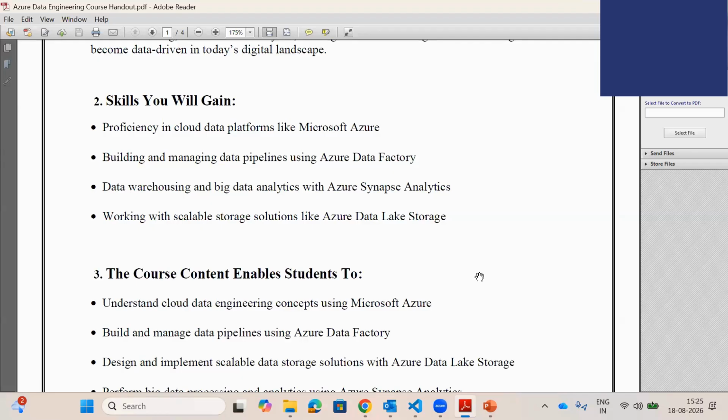So when I say data warehouse in Azure, we have Azure Synapse Analytics, which actually includes the ETL process, the analytic process, and also the visualization process, everything within one service. This is again very important, very useful. At the enterprise level, people have been using it successfully for almost 6 or 7 years since it was introduced. So we are going to understand that as well in a very detailed way.